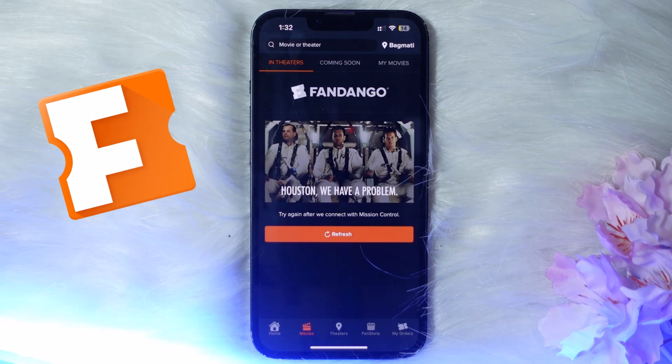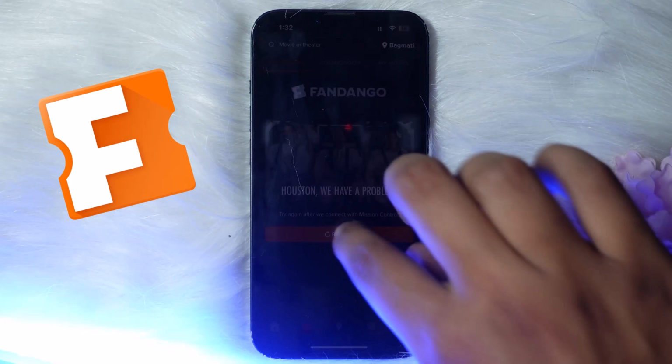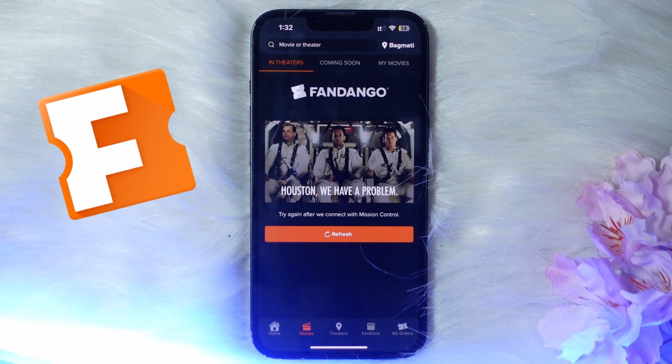And from here you just need to go to the checkout page, and there you will see the option of use Fandango gift card. So click on it, and from there you just need to enter the gift card, which is usually a 16-digit code. After applying the code, you just need to click on the option of pin, and enter the pin, which is usually a 4-digit code. After doing all of it, click on the option of apply,